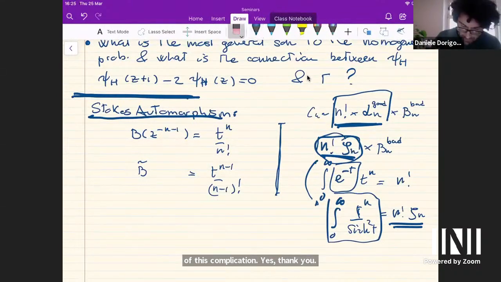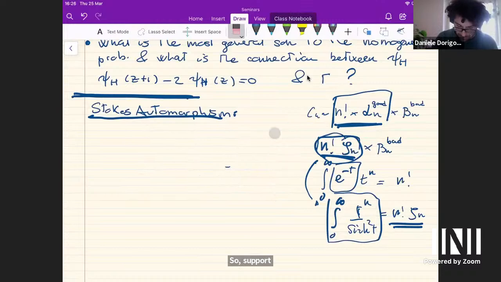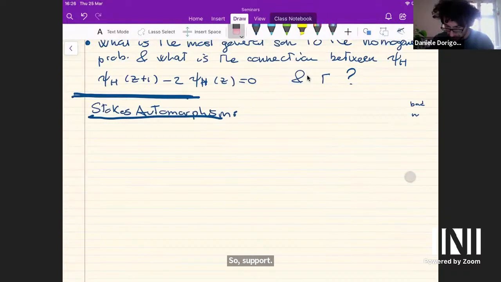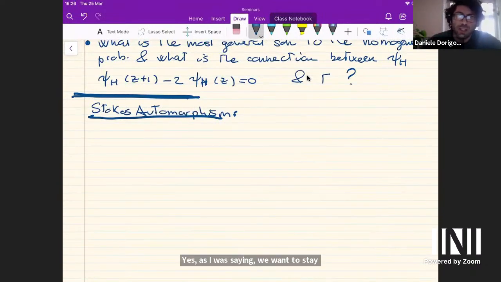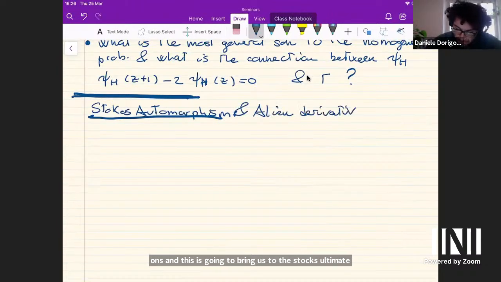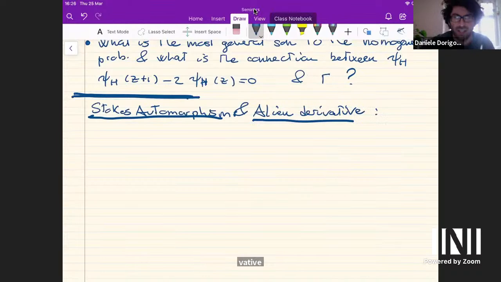Good. So let me erase this part. Good. Yes, as I was saying, we want to study a little bit more the continuation properties across singular directions. And this is going to bring us to the Stokes automorphism and the alien derivative. Alien has Stranger and not has Ridley Scott movie. So